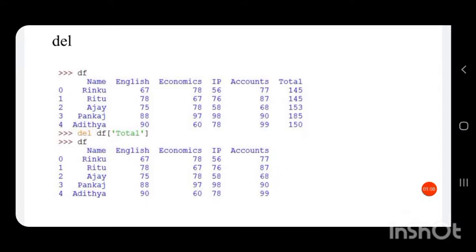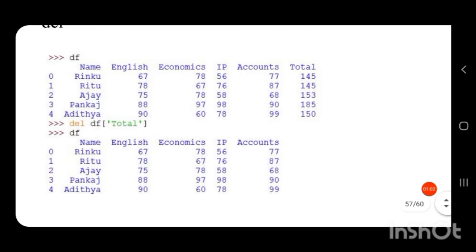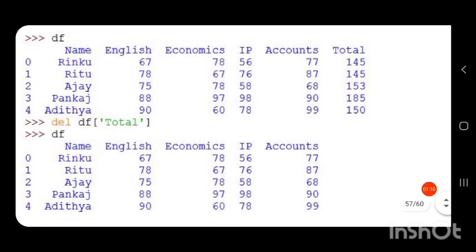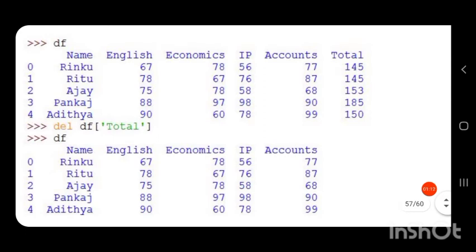Del is a keyword. So we have our data frame DF with 6 columns: name, English, economics, IP, accounts and total. Then if we want to delete our column total, we can specify the keyword del followed by the data frame object DF, that is the name of our data frame, and in square brackets which column has to be deleted.